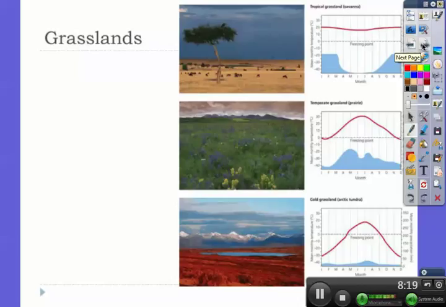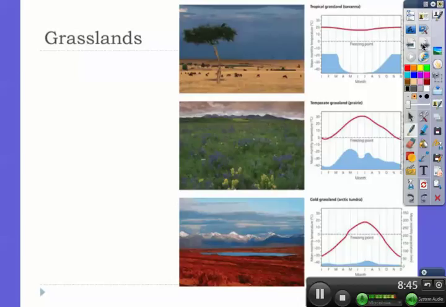All right, so grasslands, these areas are typically found in the middle latitudes. They're characterized by a lack of any real type of closed canopy from woody trees. Most of the vegetation is grasses and flowers. You got some shrubs, you got a few trees. Vegetation is limited to fast-growing plants because of the lack of rainfall and a very short growing season. Then you usually have lots of naturally occurring fires.